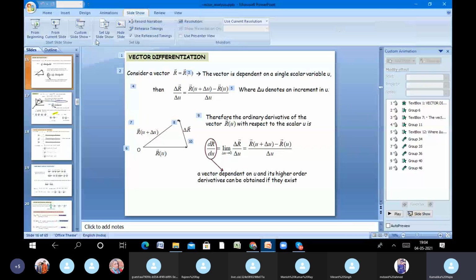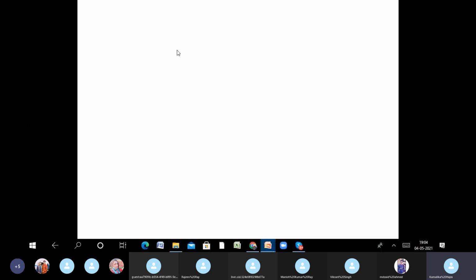so quickly we'll recapitulate what we did in our last class, and we'll try to end our course on vectors, the preliminary concepts of vectors that we need for this course in the second semester on electrostatics, so that from next week we can start electrostatics. Okay, so please don't unmute yourself, it is very disturbing. No one is supposed to unmute when I am trying to tell you something.